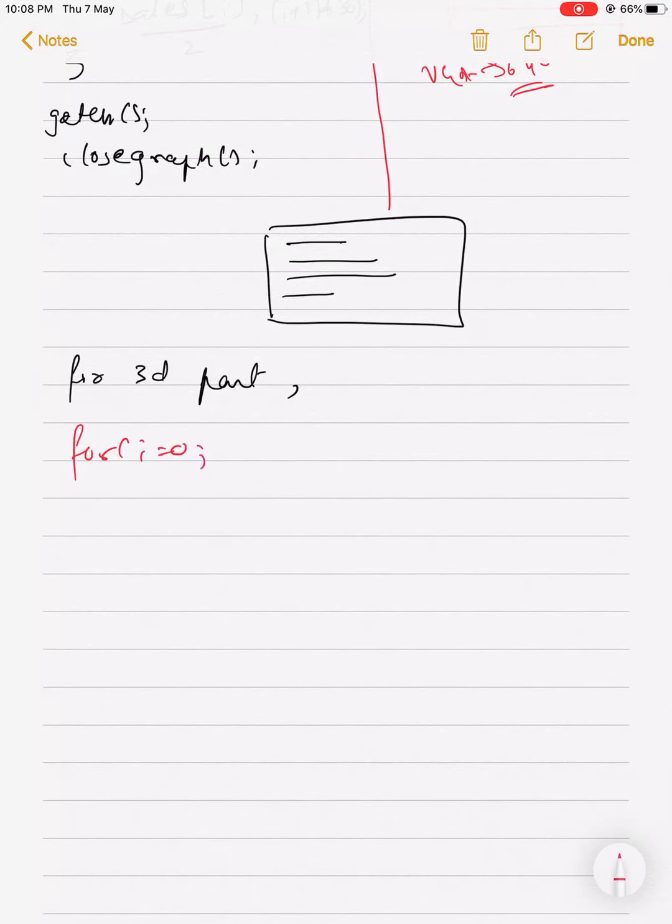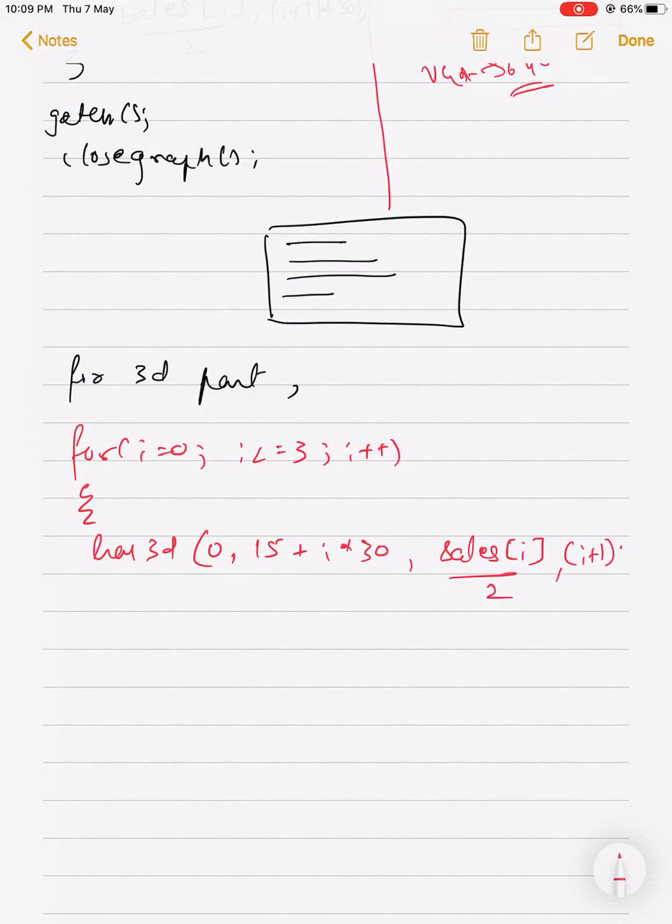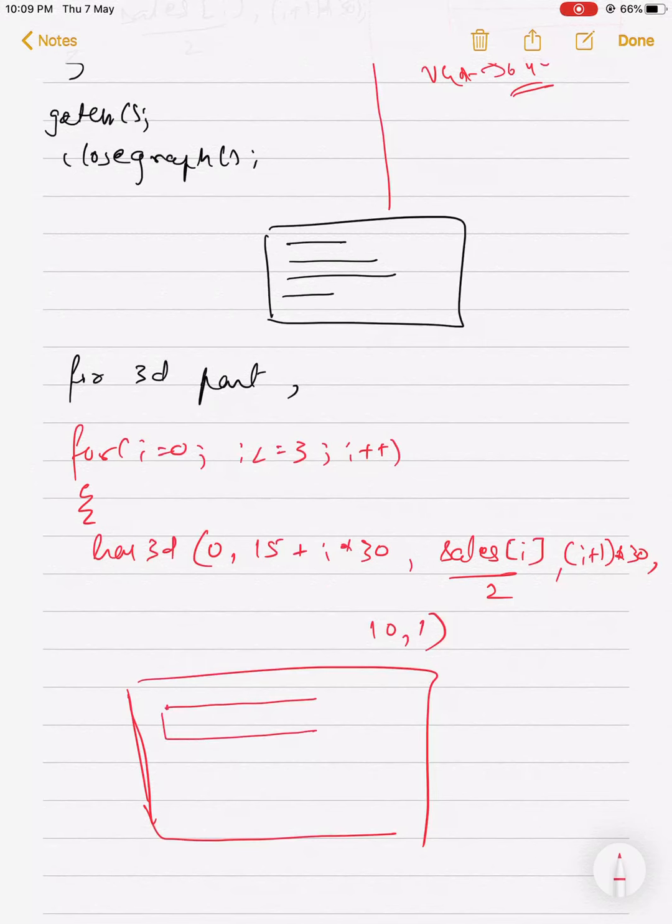For I equal to 0, I less than or equal to 3, I plus plus, bar3d, 0 or 15 plus I into 30 comma sales I divided by 2 comma I plus 1 into 30 comma depth will be 10 and 1. So it will be shown like this. If this is your output, your graph will be like this.